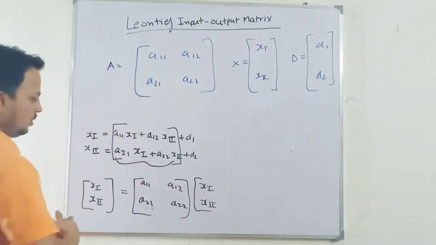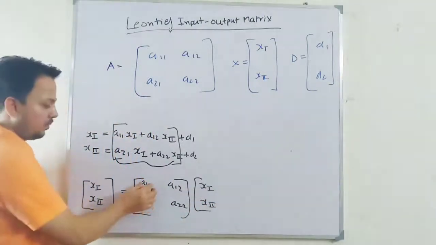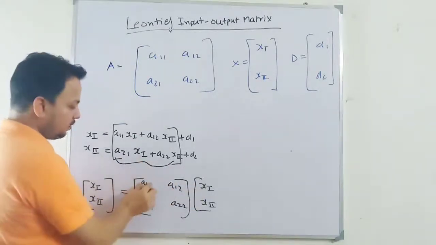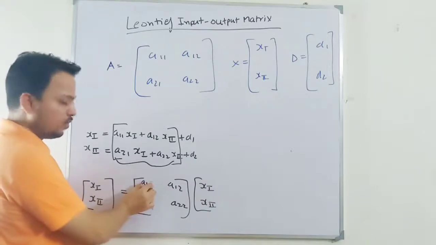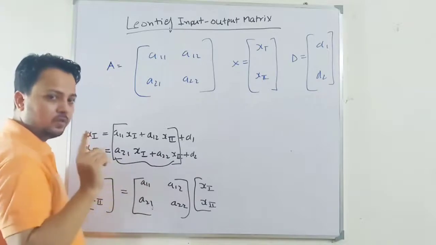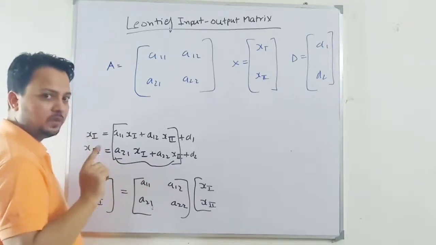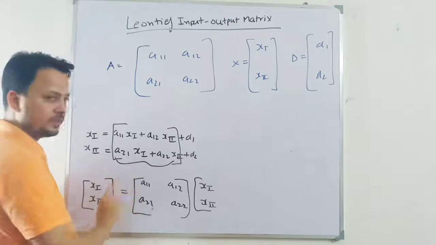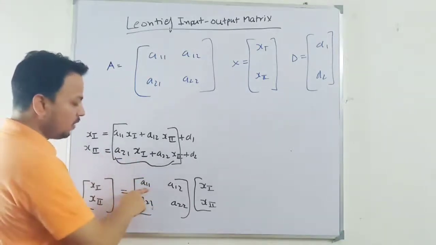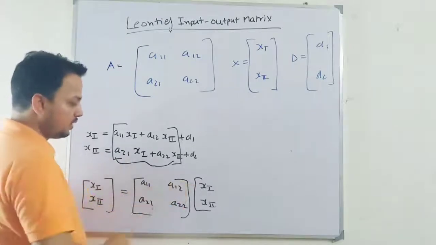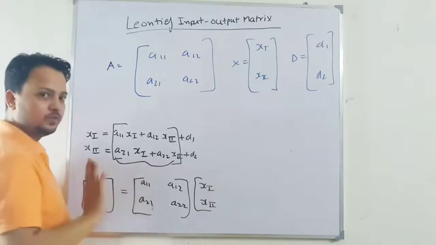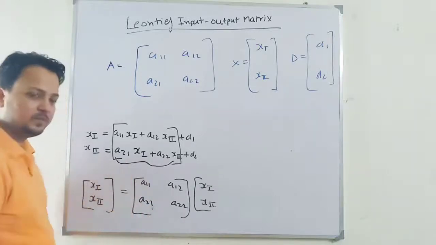So this is, when you are producing 1 unit of output of industry 1, this much you require of industry 1, and this much you require from industry 2, in order to produce 1 unit of output of industry 1. So this represents the coefficient. In order to produce 1 unit of output of industry 1, A11 unit of output of industry 1 you require, and A21 unit of output of industry 2 you require, because the column represents consumption. And we have converted that in per unit terms.